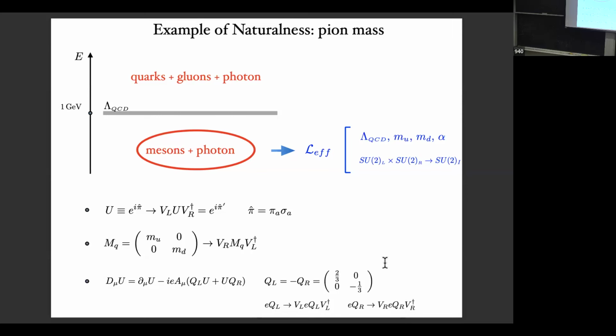And now, if there wasn't this mass term, if there were just the kinetic term only, it involved the mixing of left with left bar and right with right bar. Okay, so you can rotate independently the left